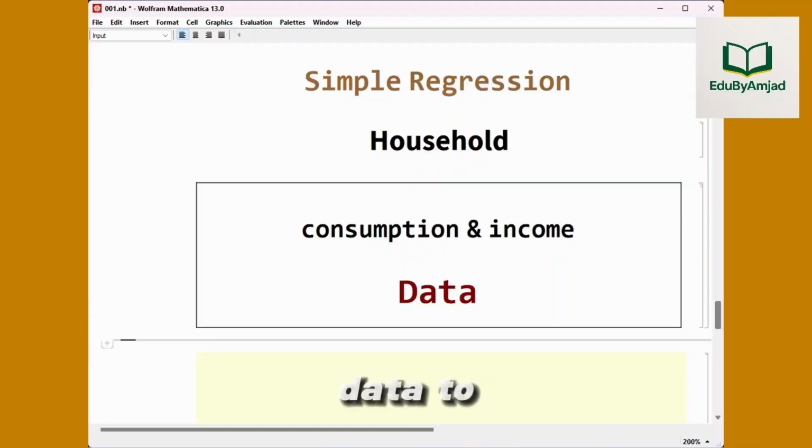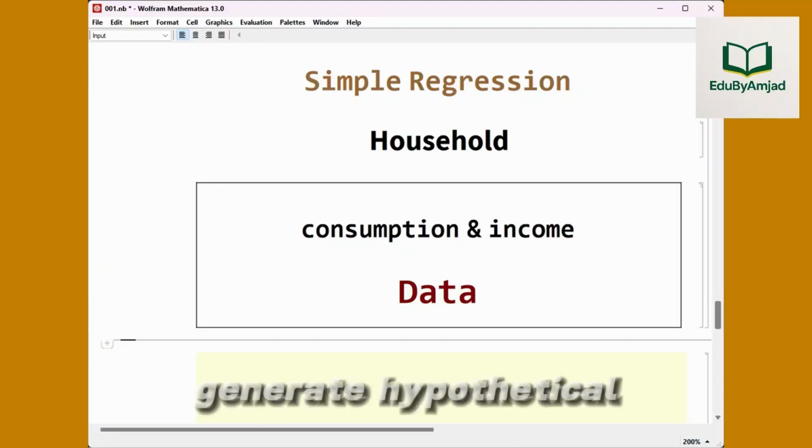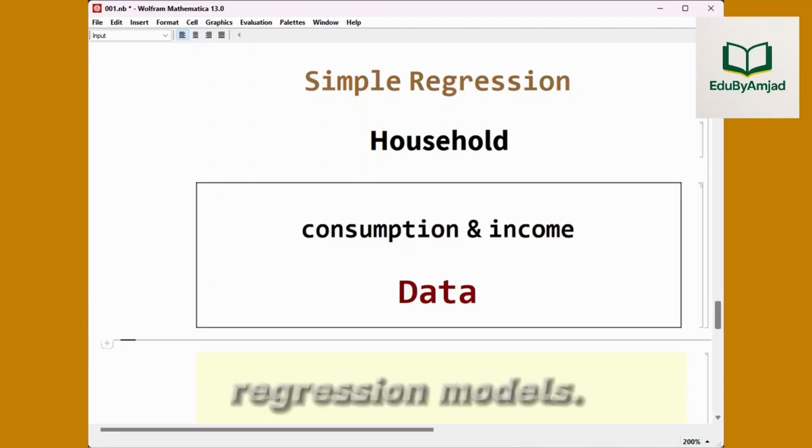We need data to analyze the consumption function of households. Monthly consumption is related to monthly income. In this age of information, for economies which maintain their economic data, we can easily find that data available on the web. However, for what are called Monte Carlo studies, or simulations, we can use statistical software to generate hypothetical data to study regression models. One such software is Mathematica, which we'll use now.